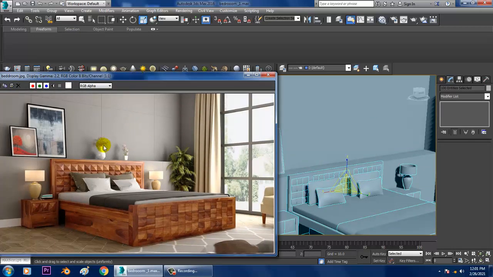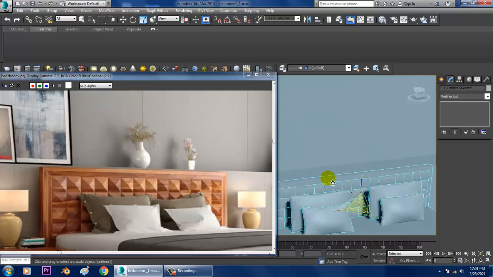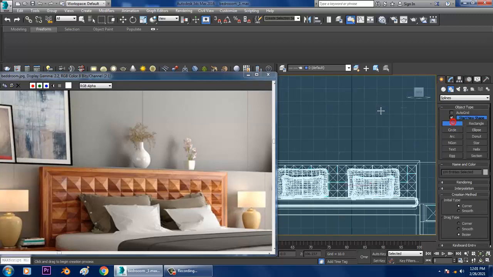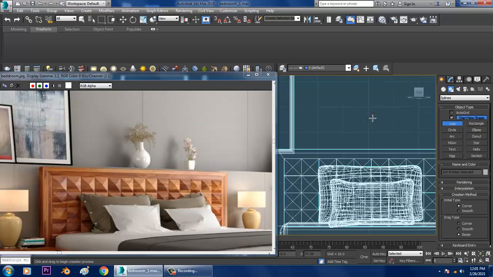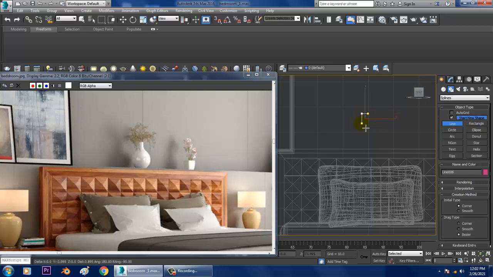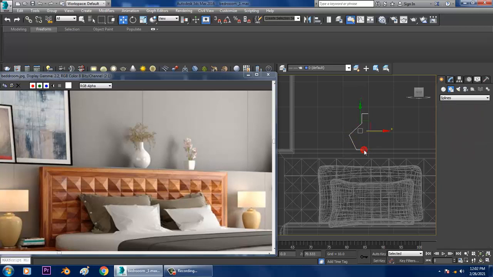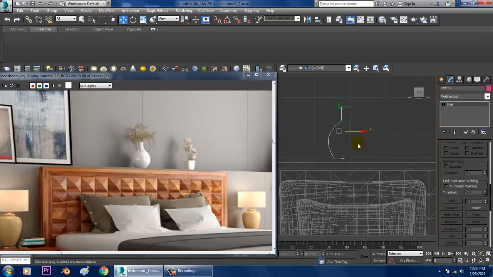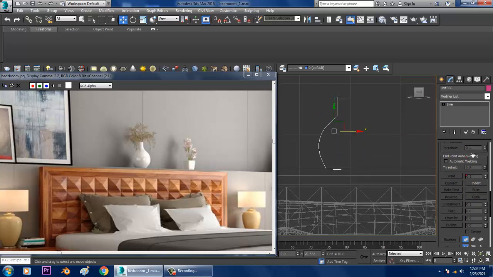After that, what I'll be doing over here, I need to create this small vase. So for creation of this vase, let's again go into this line over here. Let's take a line over here in this way. So let's go into the vertices and let's again give a fillet to it. Again select the vertices and slightly give a fillet to it.